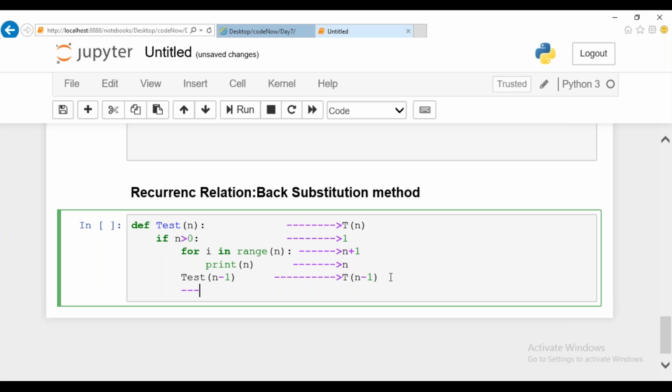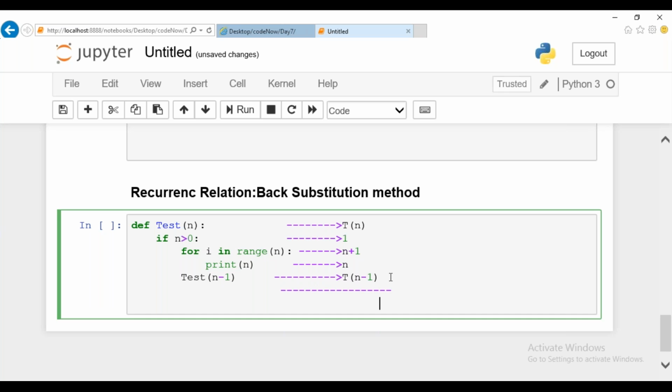Now, let us do the calculation. What is the T of n we got from it? T of n is the recursive call first, which is T of n minus 1.